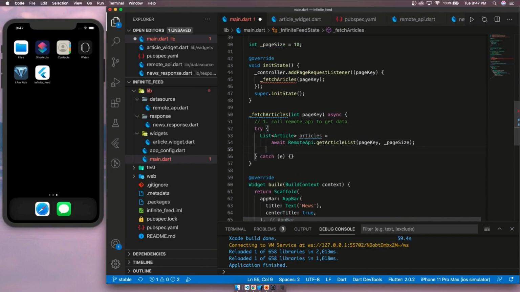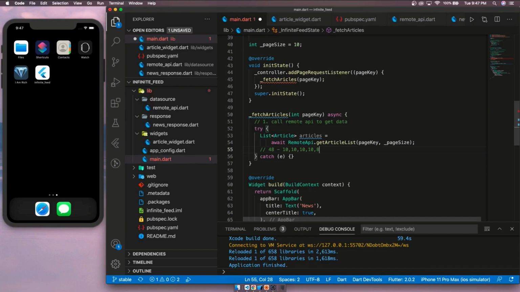There is a little logic here. Let's say we have a total of 48 articles. If we divide those with respect to a page size of 10, we get 4 pages with 10 articles each, and the last page will have 8 articles. When we are at the last page, we want to point that to our paging controller.